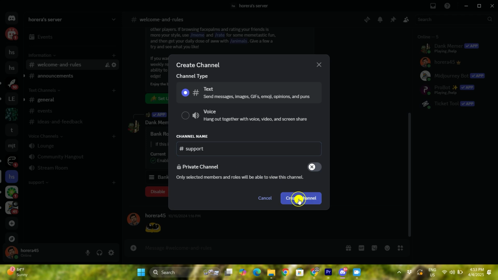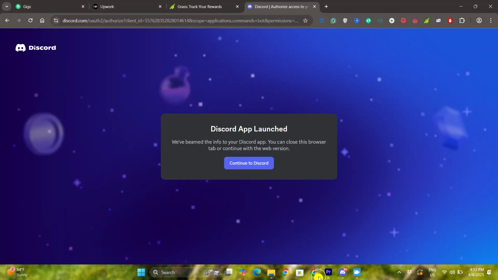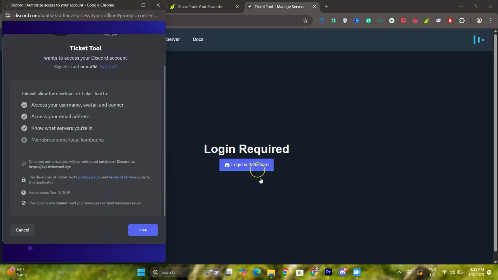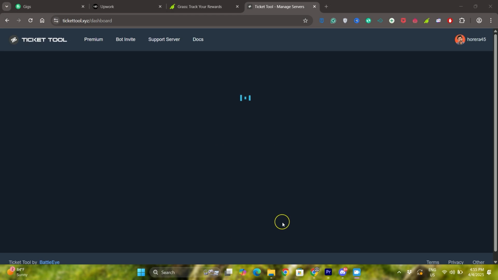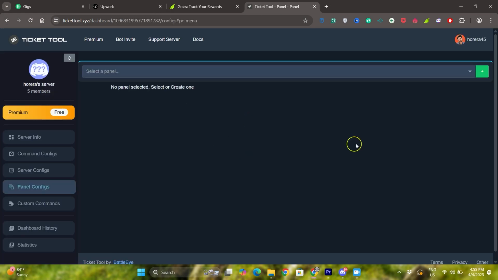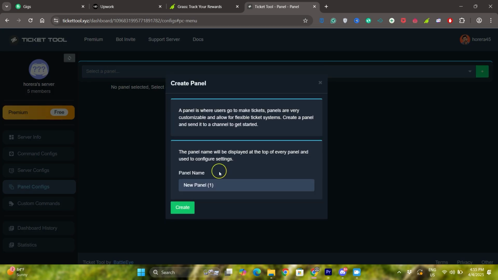Now what you need to do is come back to the web browser and get back to the site. Go and click on manage servers and log in with Discord. Find your server and go and click on manage. And you need to go and create a panel, so click on create one and name it, then click on